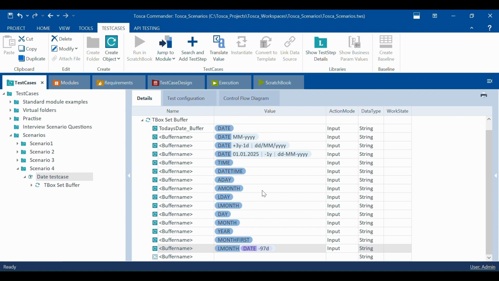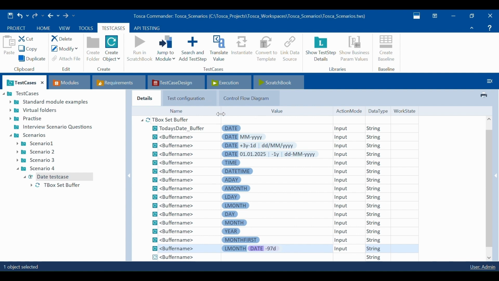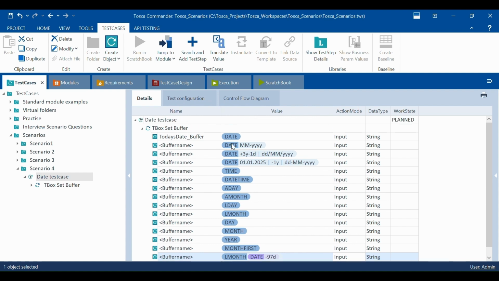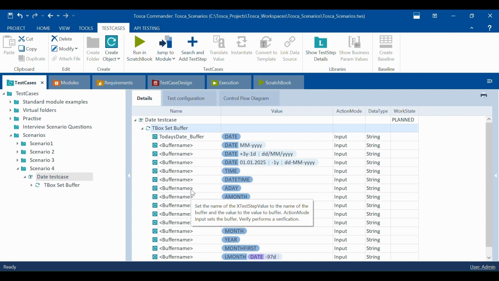Okay, you can combine anything. For example, you want to know the last day of a particular month, February for example. Okay, you can do that, month last of DD. And whichever format you want, you can use it. Now don't think, again I'm repeating, that these functions will be used only inside buffers, not necessary. Inside your customized modules, whatever you have recorded, you can attach that to any of your test cases, and inside the test cases you can use this for verifications, for inputting something,